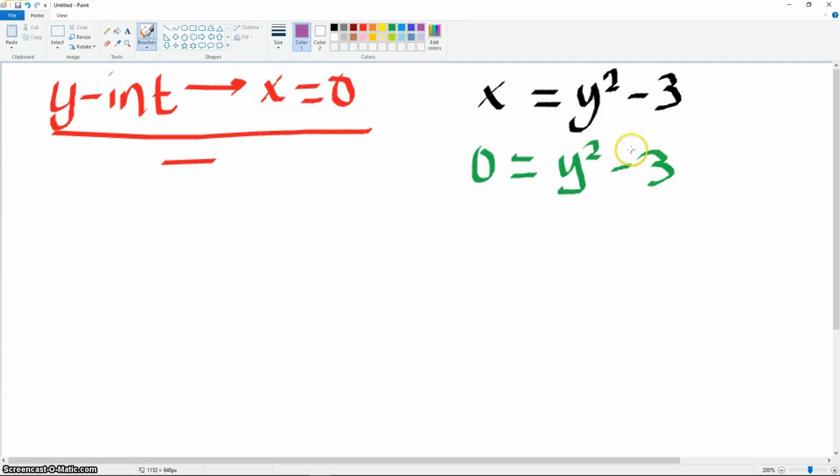We're going to move this minus 3 to the other side. When you move something to the other side, the sign changes. So it went from a negative 3 to now